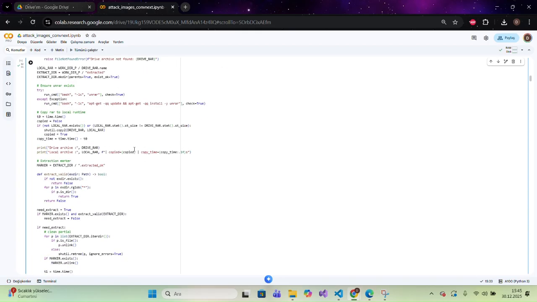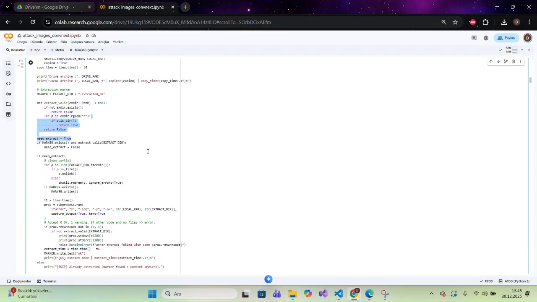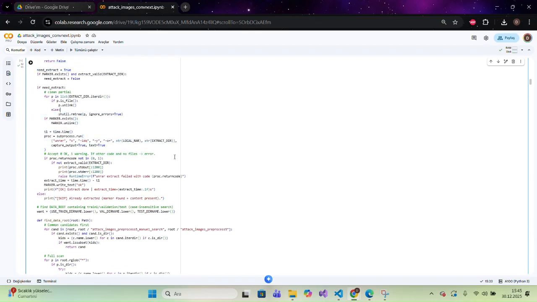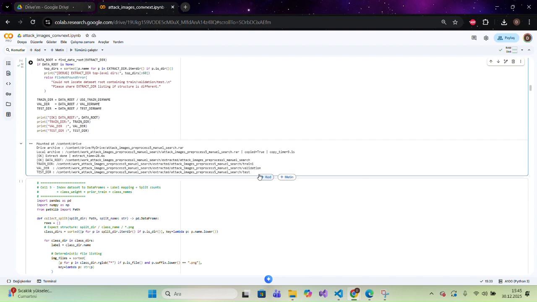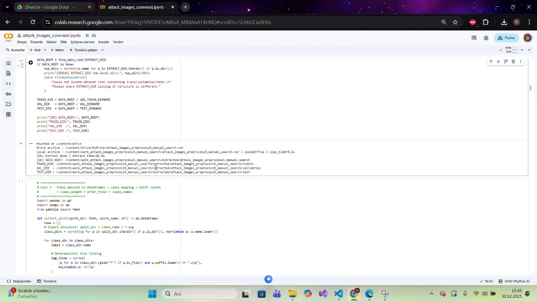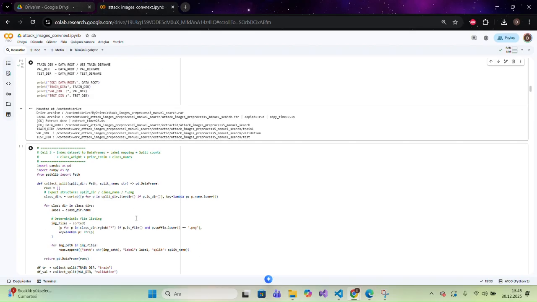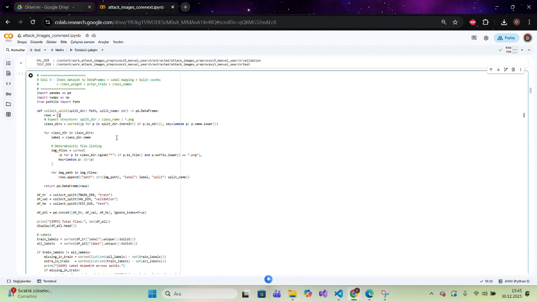Here, we are also dividing the data into train, val, and test sets in order to train, validate, and test our model. And these are some other conventions for image data to make the process efficient. And these are the results. It successfully created our results. And this cell 3 is for indexing data to data frames, label mapping, split counts,